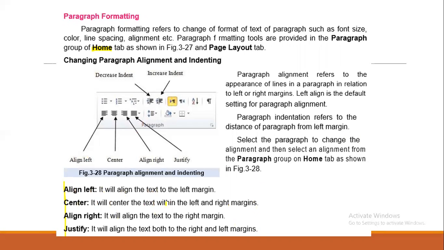Center alignment will align the text within the right and left margins both, and justify will align the text both to the right and left margins with the equal spaces in between them. All the lines start with the same point and all the lines end at the same space.